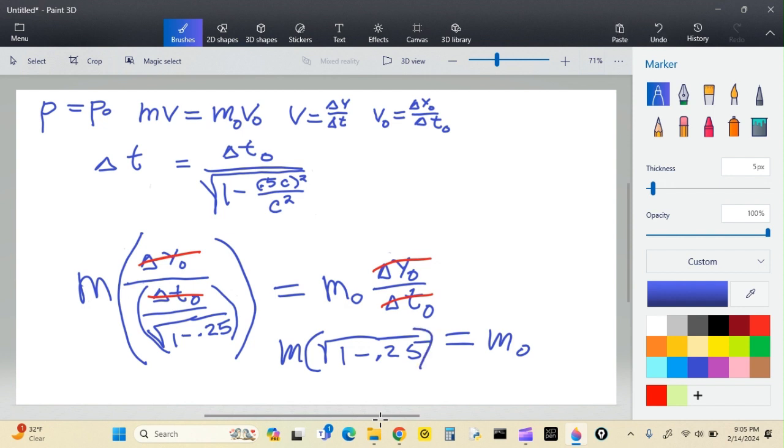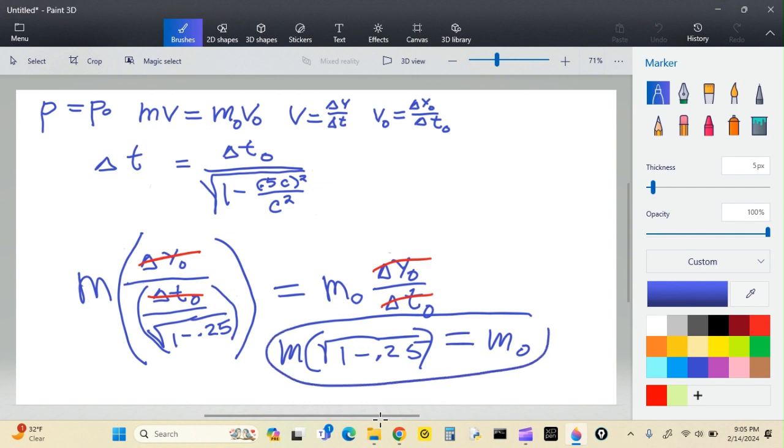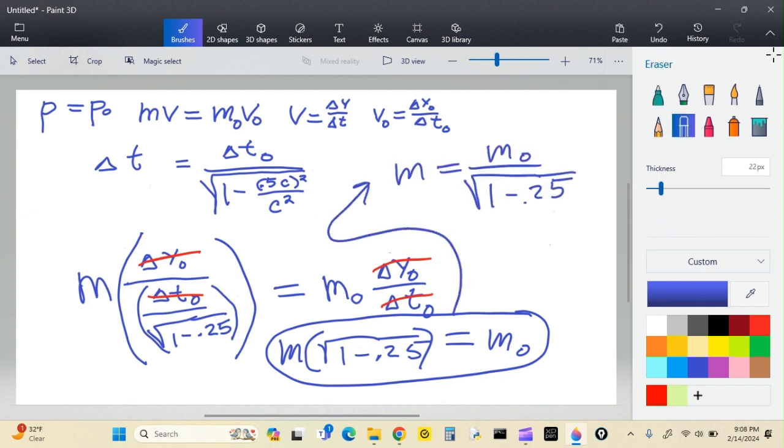Or, to do it the normal way, let me erase some stuff so I've got room. Well, okay, I don't even need to do that. Let's just take this equation and put it up here. Okay, this seems a lot simpler than what we started with. Let's see what the actual results are.